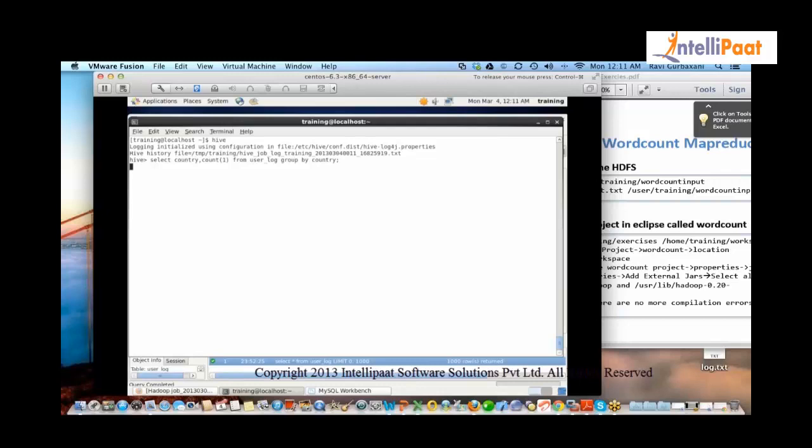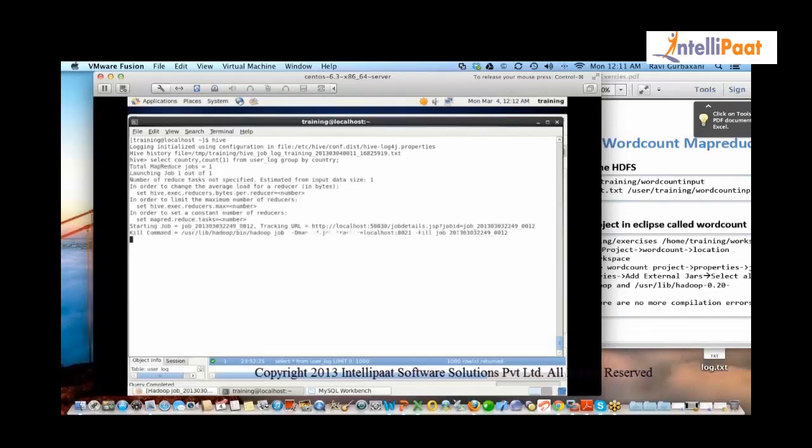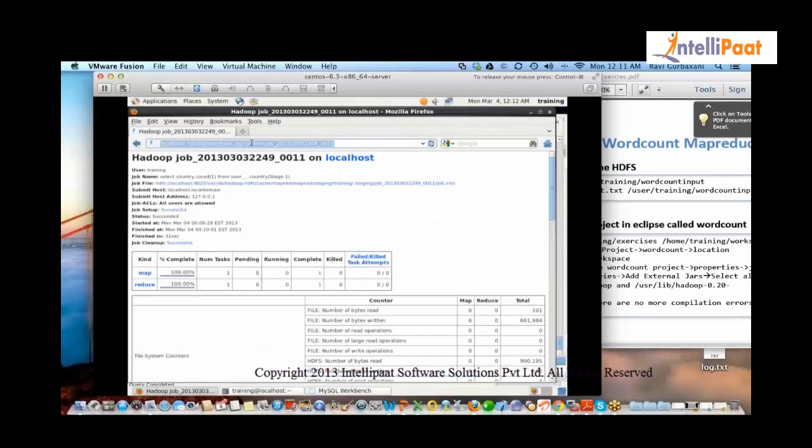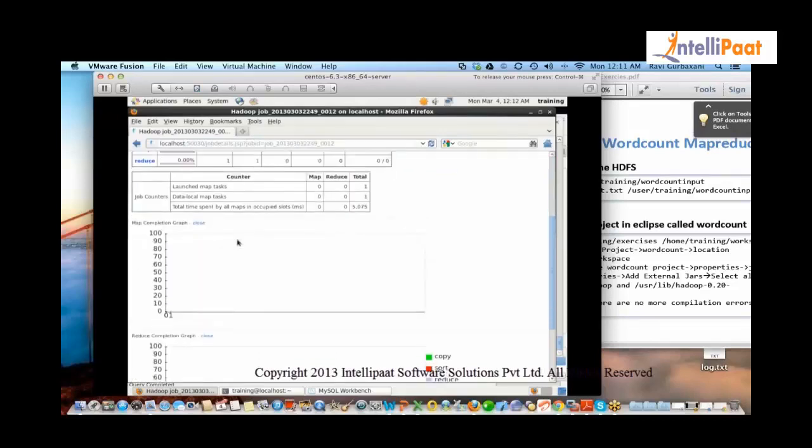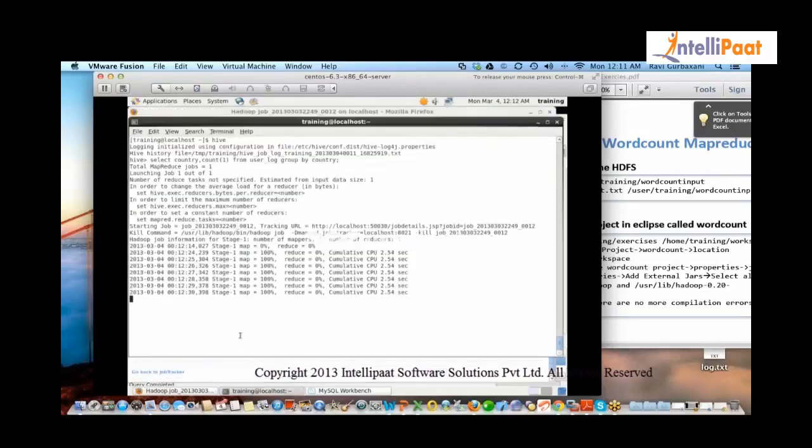So it converts into MapReduce and then it fetches all your data. Exactly. When you say this, it says, okay, fine, let me first digest and see what query you're asking. I will convert that to a Java program and then I will run it. Now it has converted to a Java program. This is the program's URL, and it says I will run it here and then give you the output. So right now this is the status of the job. It's still running, and finally it will tell you, hey, this is your data. Got it?